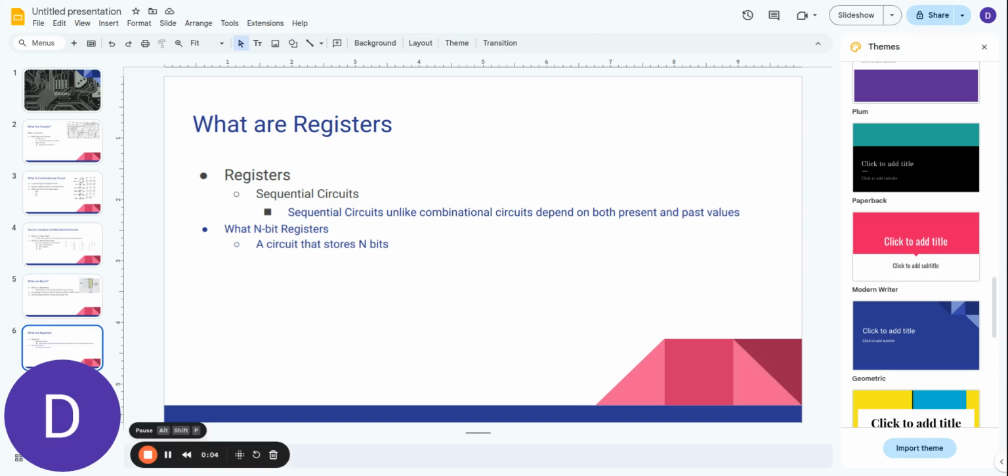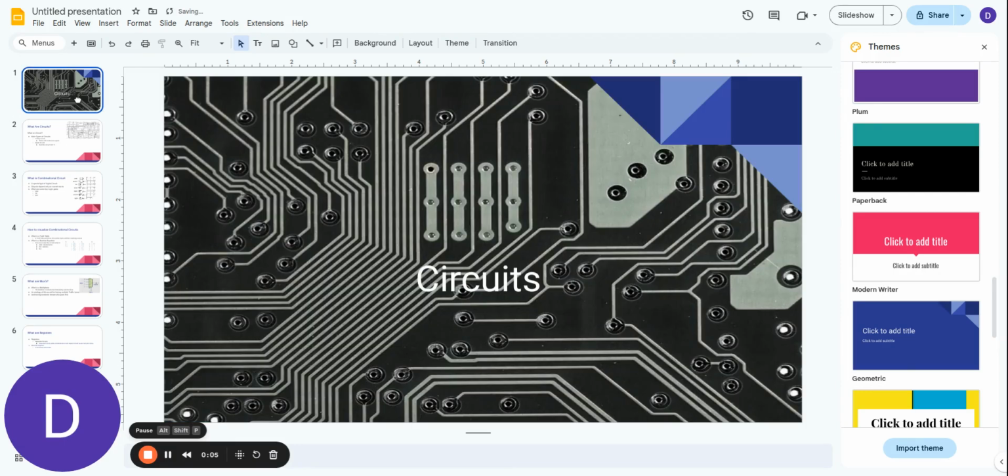So in my section, we're going to be talking about circuits. One of the key things that make a computer work is certain key components such as circuits. A circuit is essentially a connection of electrical components that process signals. There are two main types of circuits: